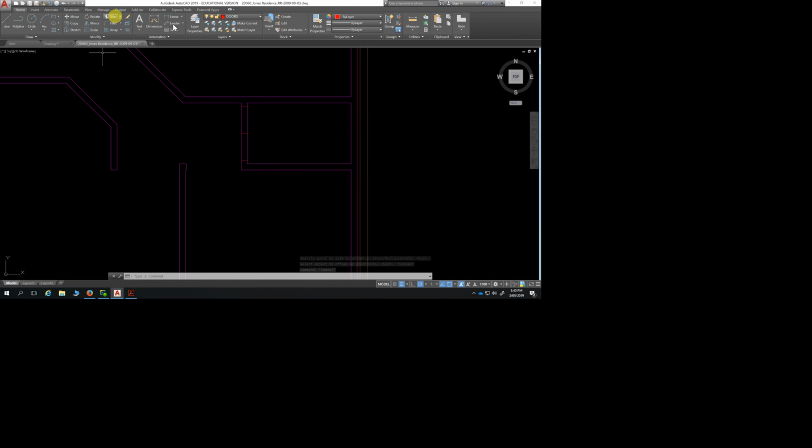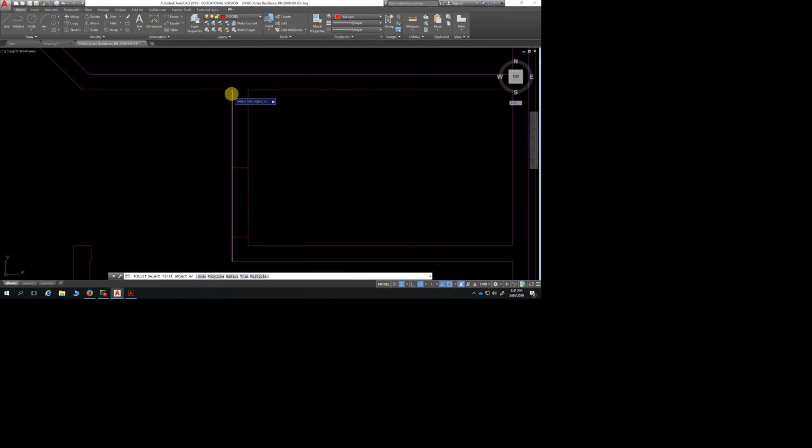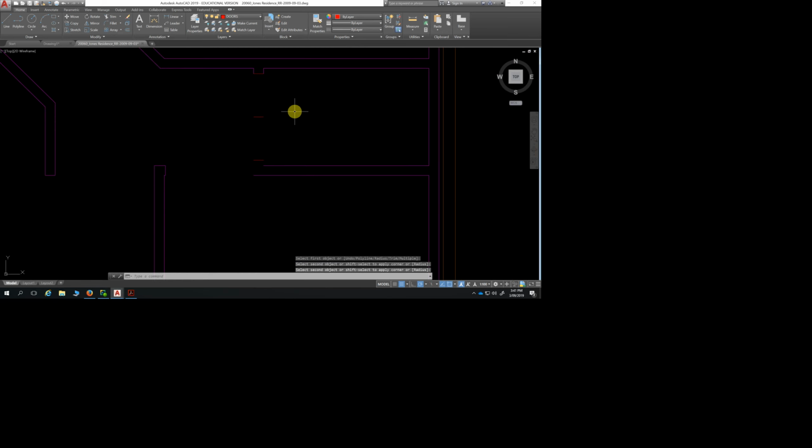We can now trim, or we can actually use fillet. Fillet there. Choose that line and that line. Enter. Choose that line and that line. But then everything goes, so just be careful of that. So I might have to just bring that back, or I could just choose my wall layer again, going into my walls. So there's different options of you having to complete. All right, there we go. So now what you can do is you can delete that, erase,